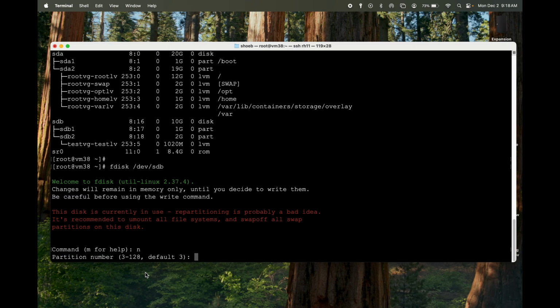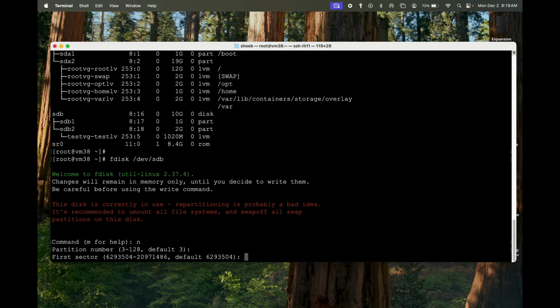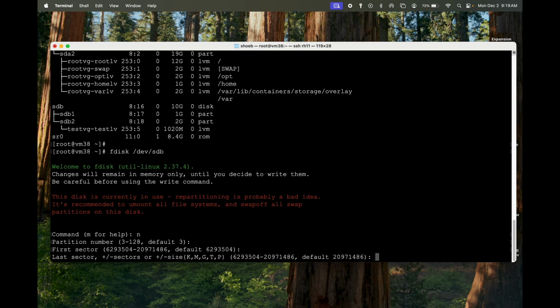We can create up to 128 partitions. We have used 2. So right now the default is SDB3, so we will take that default. Third partition. Start your starting point wherever you want, end it at 1 gig. Okay,